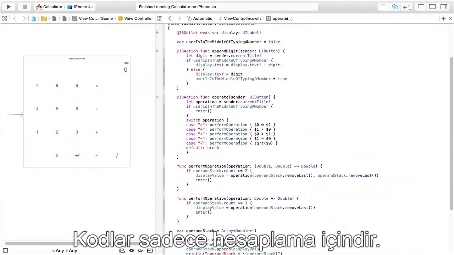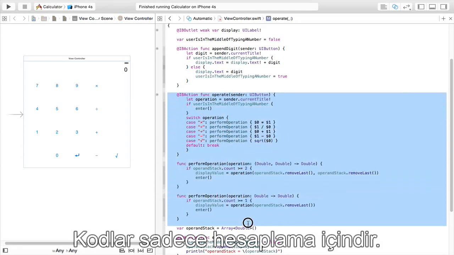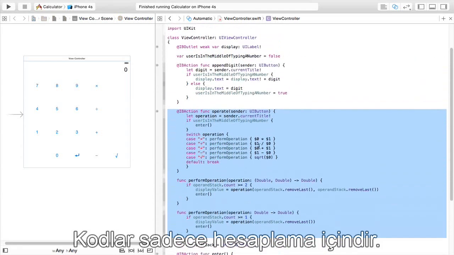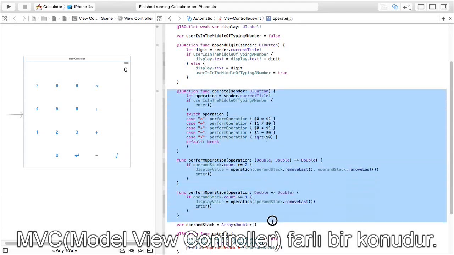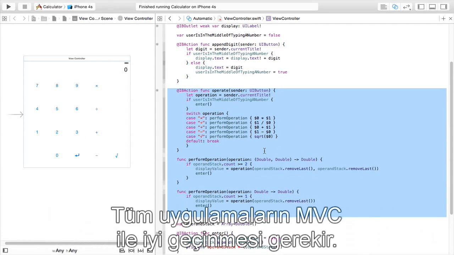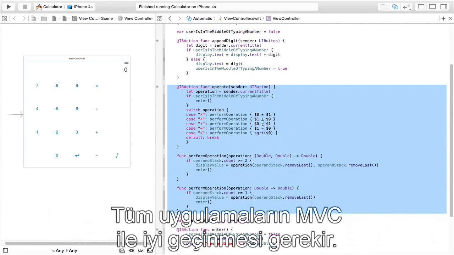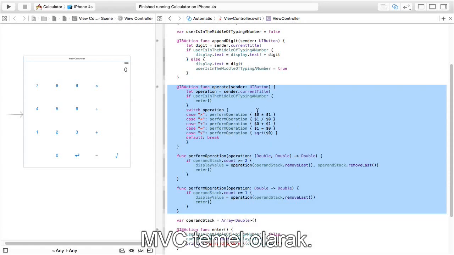Now, later today, in this lecture, I'm going to give you a talk about this design paradigm called Model View Controller. And we actually designed our calculator kind of poorly because all of this code here is really nothing to do with UI. This is all calculator brain, calculator engine code. And this really wants to be in a different object, and that's what MVC is all about. And so I'll give a little talk about MVC later today, and then on Monday we're going to fix our calculator to obey MVC and be a proper citizen in the iOS world